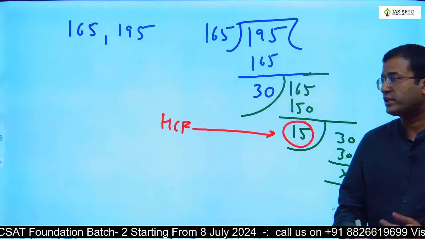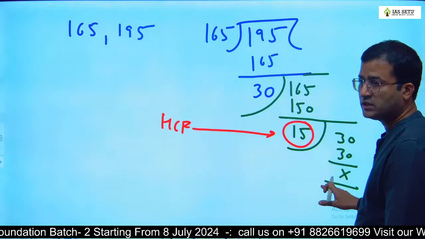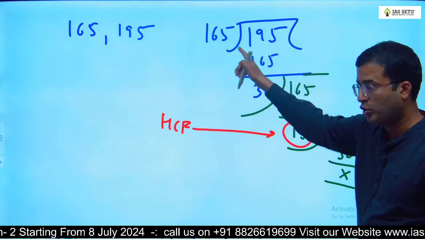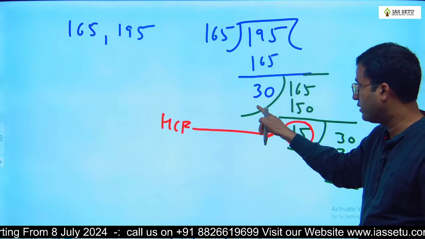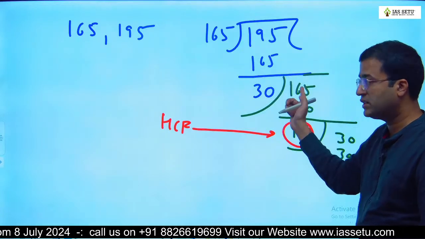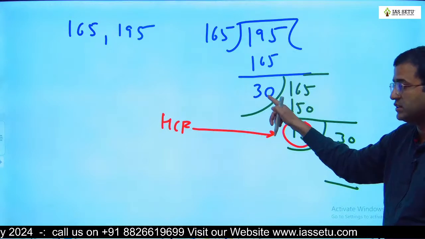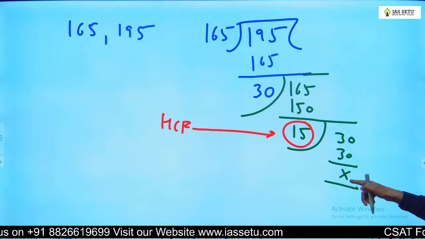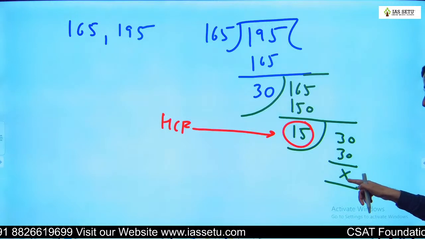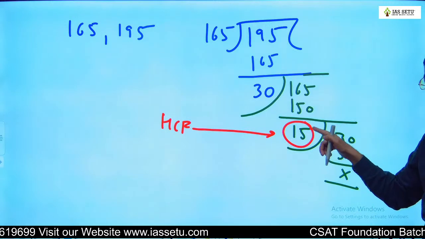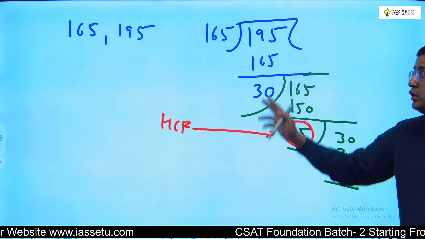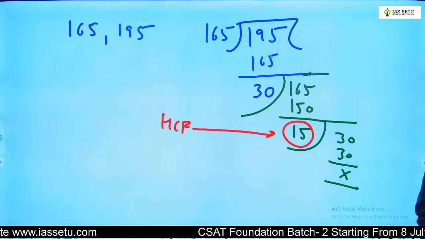I take 2-3 extra examples so that all of you understand the process. We have to divide the larger number by the smaller. This remainder will become the divisor and the last divisor becomes the number. We divide this number by this. We repeat the same until remainder 0. The moment you get remainder 0, then we check the last divisor, तो HCF of 160, 190,